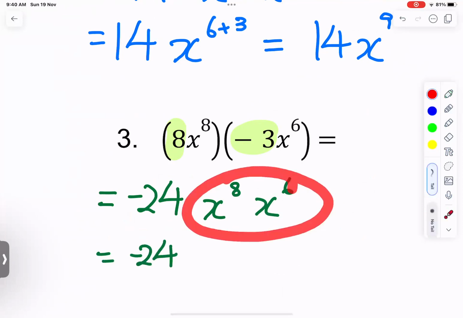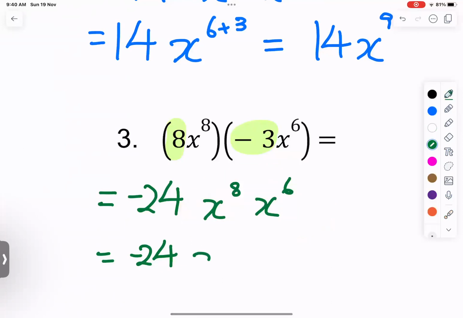Okay, next. X, both of them are the same base, so the powers will add up. 8 plus 6,